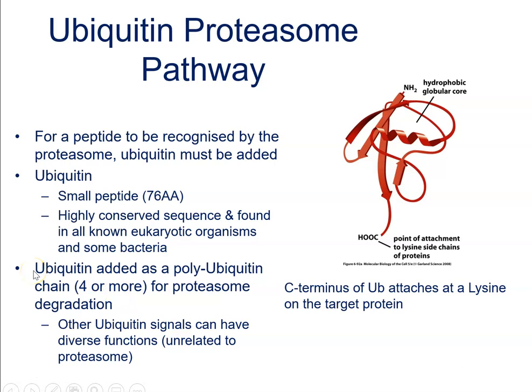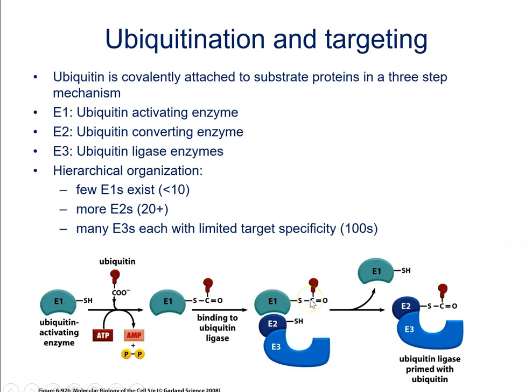For the ubiquitin proteasome system, you have a polyubiquitin chain of four or more ubiquitin proteins tagged to a target protein. So this slide starts to illustrate how the ubiquitin proteasome system is controlled and how we get ubiquitination of target proteins. So ubiquitin is covalently attached to a substrate protein, and it's a three-step mechanism. There is the ubiquitin activating enzyme E1 here,